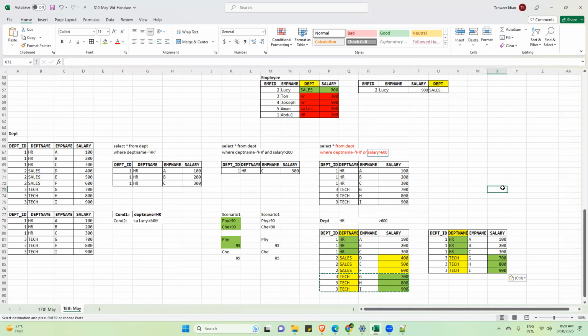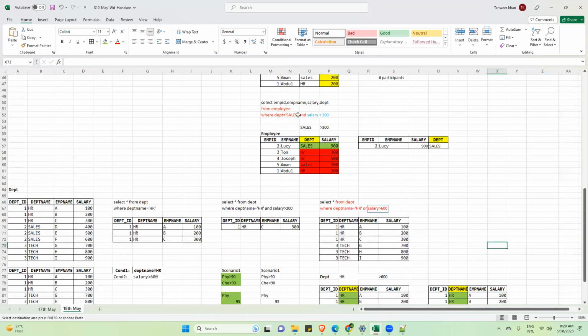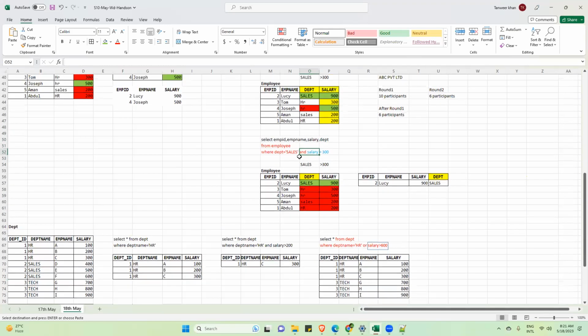Now see, when you have the AND operator, the second condition, are you testing the second condition on the selected records or on the rejected records?